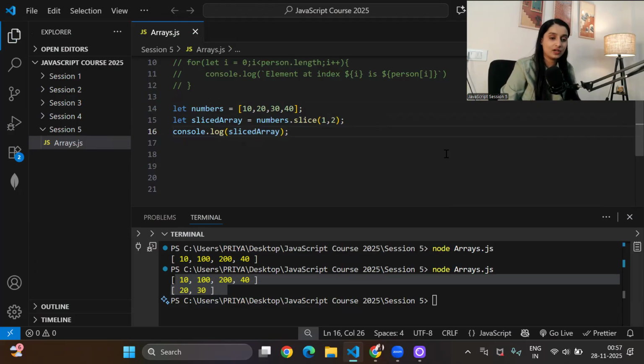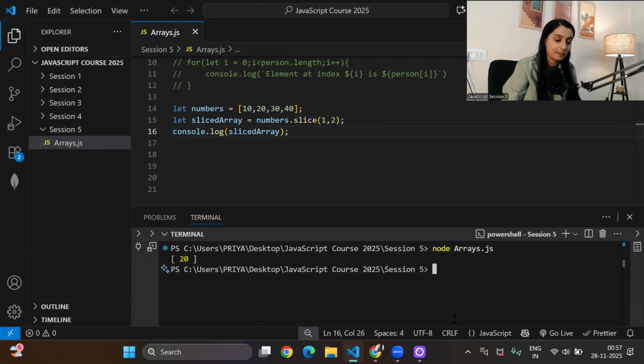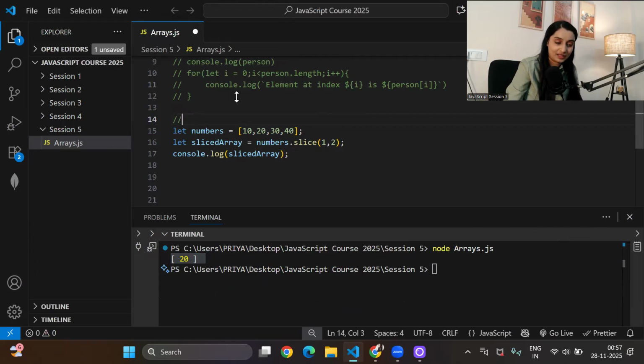We'll save the code. Now it's time to execute this. I'll just clear this. You can check, only 20 I am getting. But what I want is 20 and 30 both, right? So do remember your slice method. Slice will take the start index and the end index until where you want to cut. But